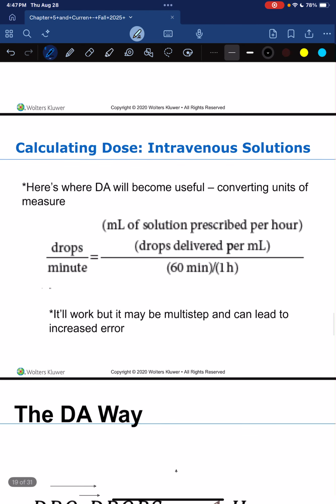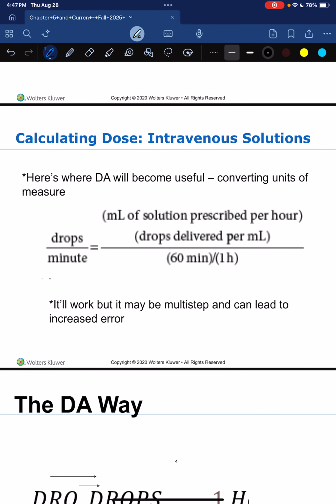Or when you get fancier and you've got dimensional analysis level needs where you need to figure out how many drops per minute to give, meaning you need to look at the drip chamber in your IV tubing and count how many drops should come out of that every minute to deliver your dose in a given amount of time, half an hour, whatever's been ordered. You're going to need a little bit more to get the drops per minute from the information that you have on hand. And that's the dimensional analysis